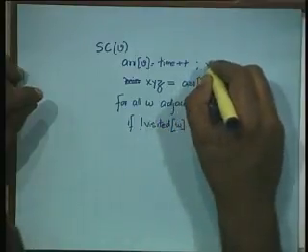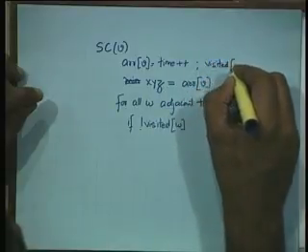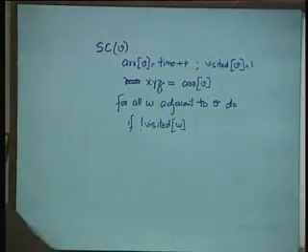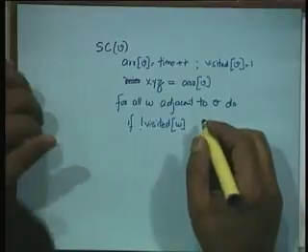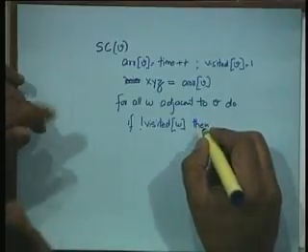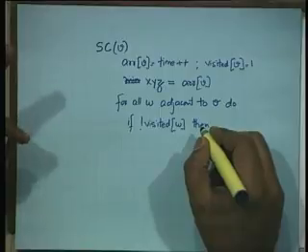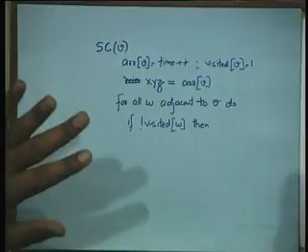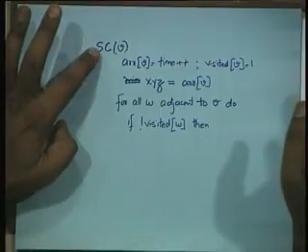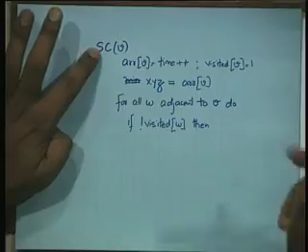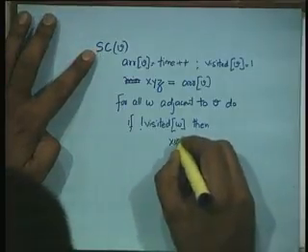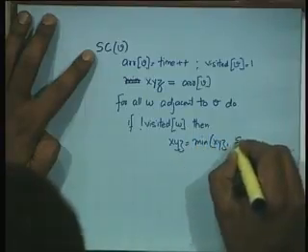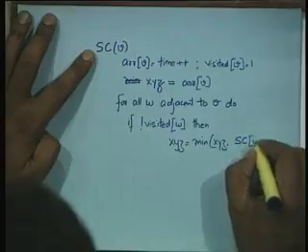Oh yeah, somewhere I have to set visited V equals 1. As soon as I start a DFS, I set the visited variable to 1. If not visited W, then what do I do? Then I do a DFS from there, or I run this procedure from that vertex W, and it will return something to me, and I have to update what it returns. So XYZ equals minimum of XYZ comma SC W.